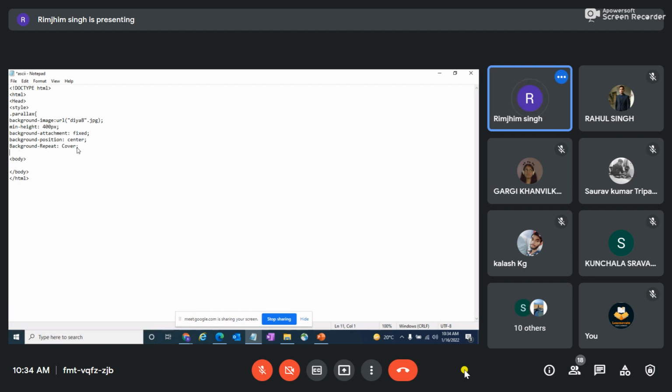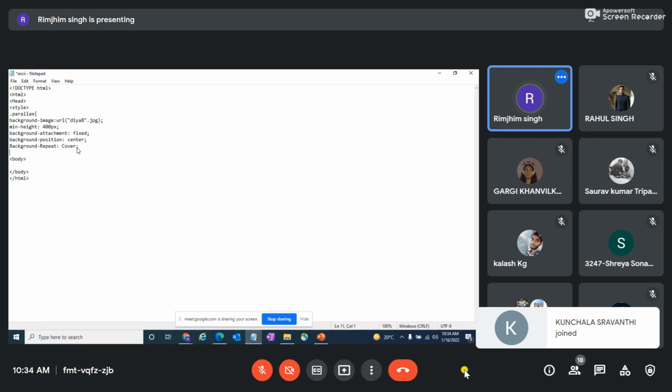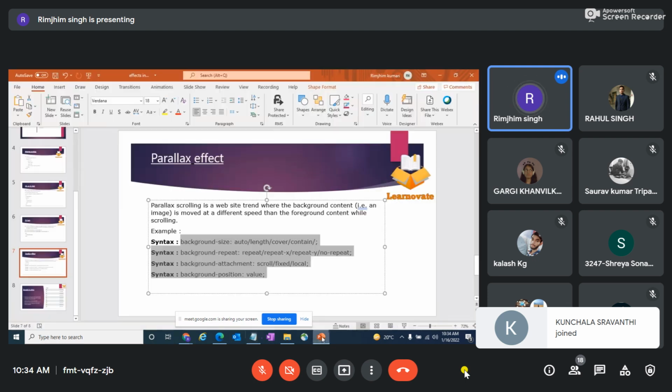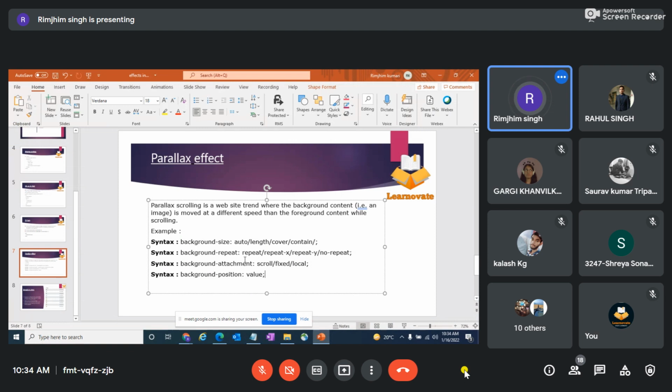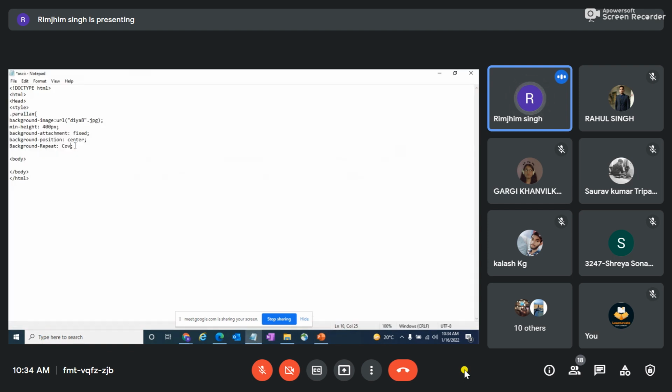And then background repeat. Let's just see what the parameters for background repeat were. It was either repeat or no repeat. So I have to use repeat here mainly. And then let's use background size.